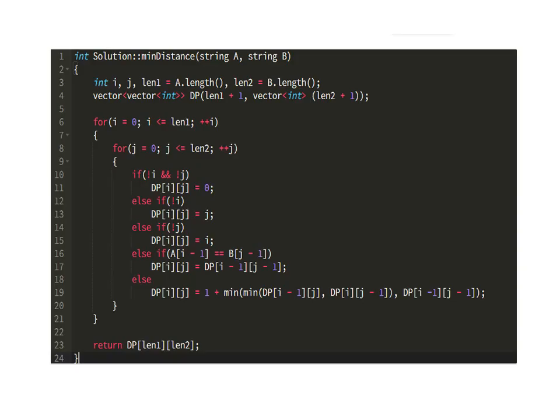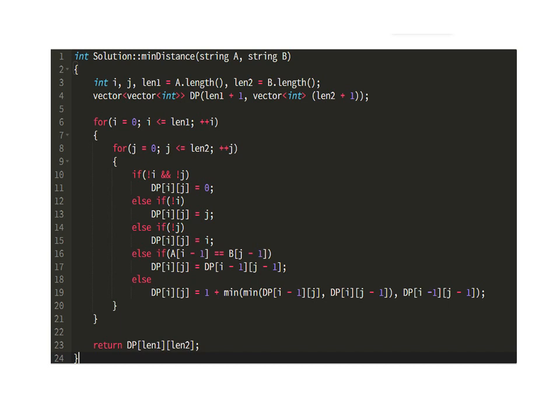As we know, there are two ways to approach a dynamic programming problem: the top-down approach and the bottom-up approach. In our solution, we'll be focusing on the bottom-up approach. So we've taken a DP table of size len1 plus 1 into len2 plus 1, which are the lengths of the two strings, and the code is pretty straightforward. We've just implemented the recursive equations that we mentioned in the previous slide, and the base cases as well.